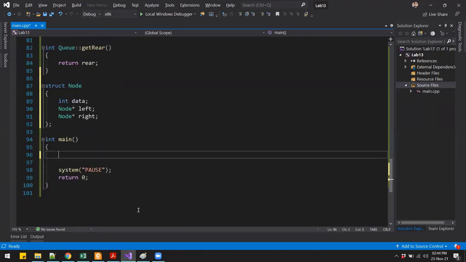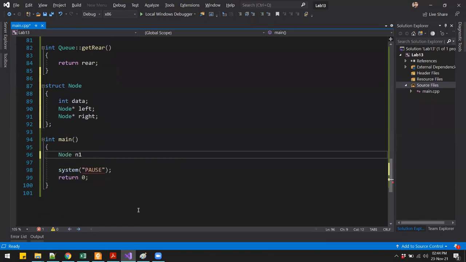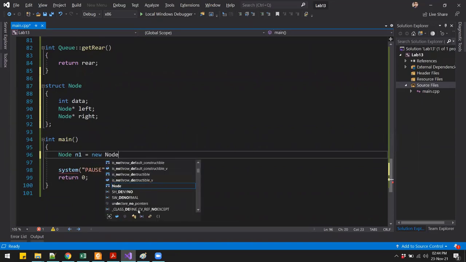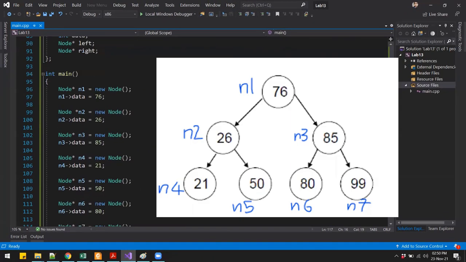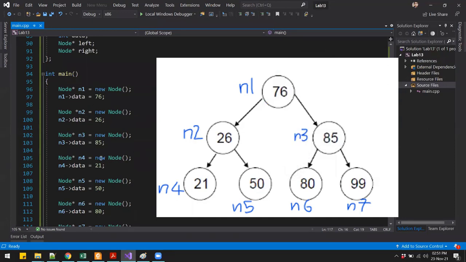Then how do we build the tree? Well, we can just create a node. We can say n1 is equal to new node. Okay, so I have my nodes over here. So we have node n1. So we are creating the nodes dynamically. So we have n1, n2 all the way up till n7, and I have set their data.